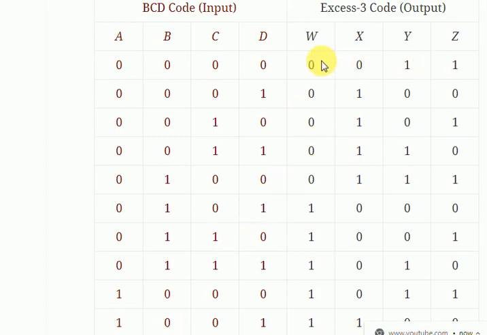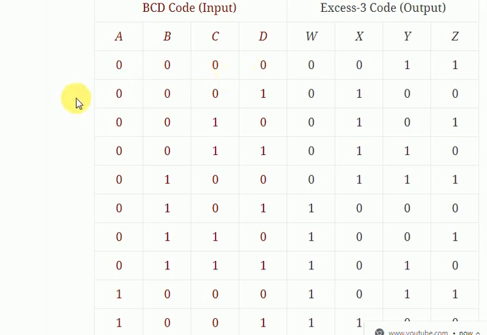Here on this side, WXYZ is the output, and this output is the XS3 code. We have added 3 to the decimal 0, and we get 3, which is 0, 0, 1, 1 when we write it in binary. So the output for 0, 0, 0, 0 will be 0, 0, 1, 1.